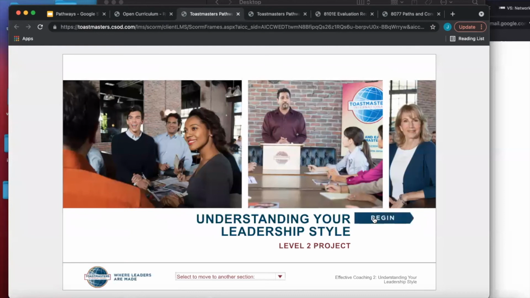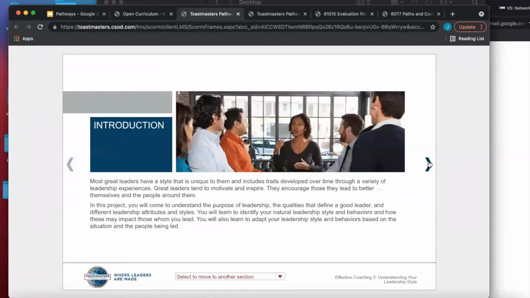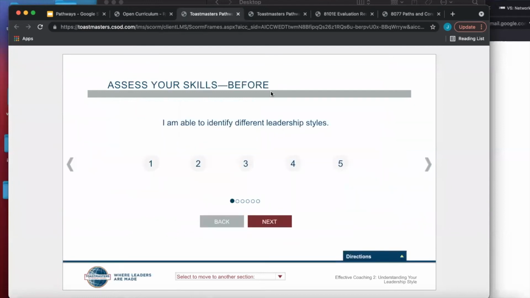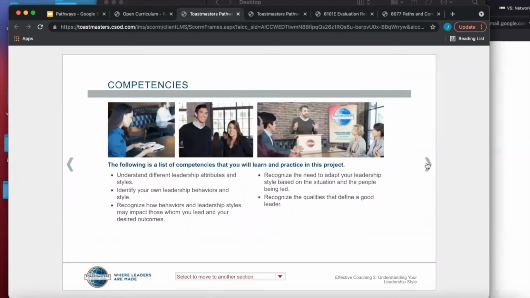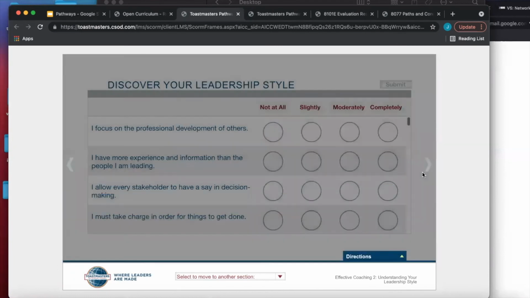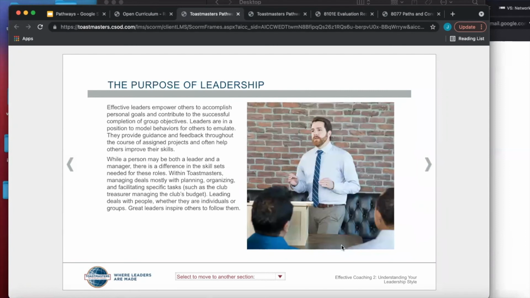This is about how you start, how you begin, the introduction, and your assignment, what exactly you need. You can assess your skills and your competencies. It takes you through the whole nine yards here, and then you select this, and at the end again there is an evaluation. This is a pattern. This is the structure of all the pathways, all the speeches that you need to follow.